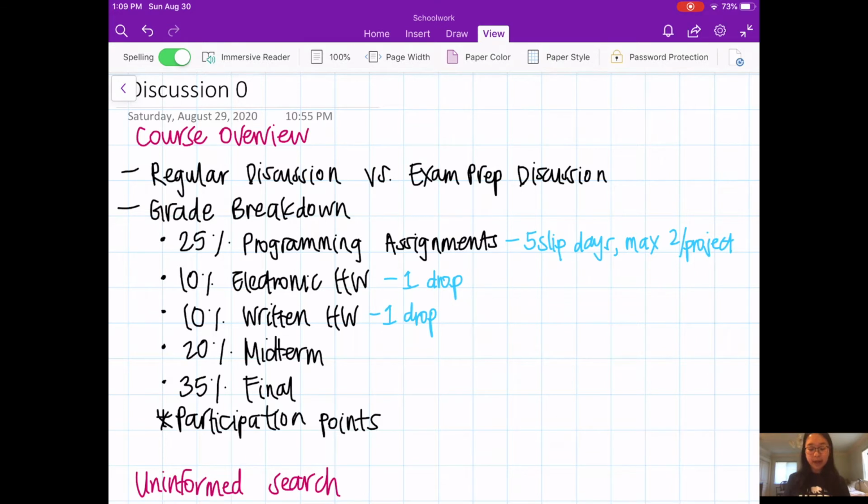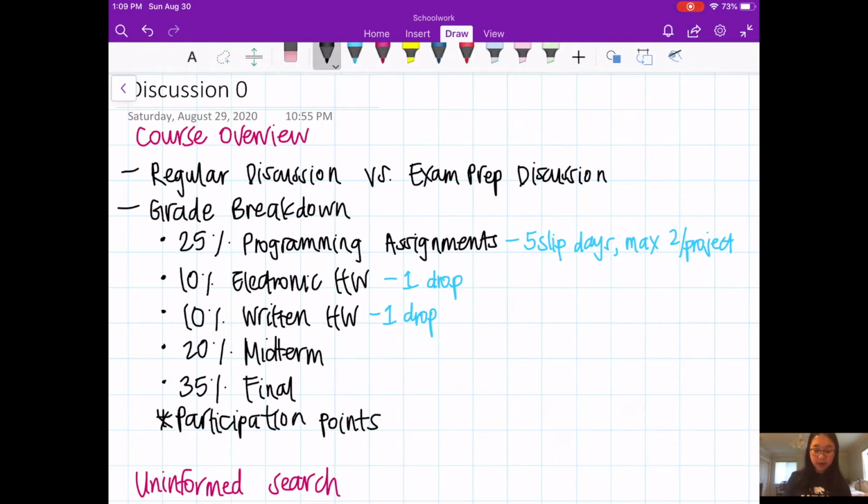Because of that, these 3 sections are things that you want to try to get 100% on and really understand and go through with. On the other hand, the midterm and final will tend to be harder and really test your understanding of the material. So that's why you want to maximize your points and your grade by trying to get full points on the other 3 portions of the grade.